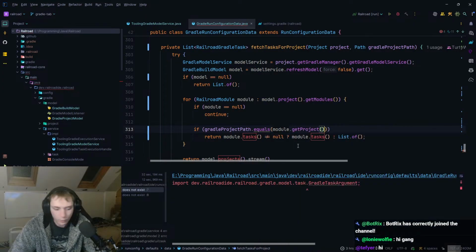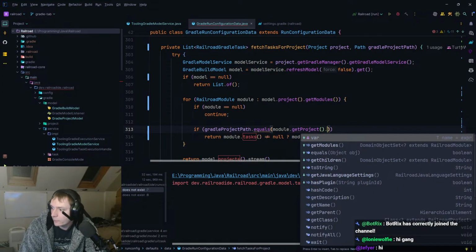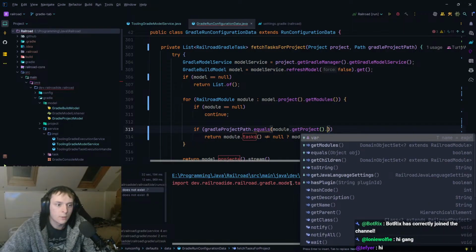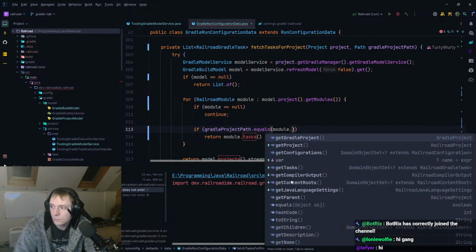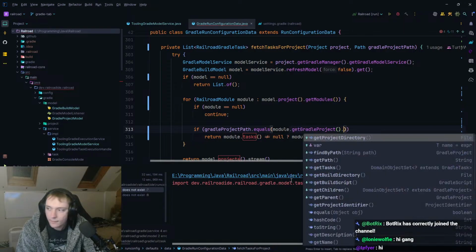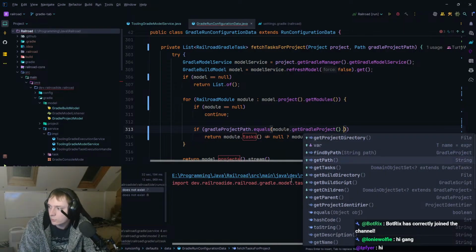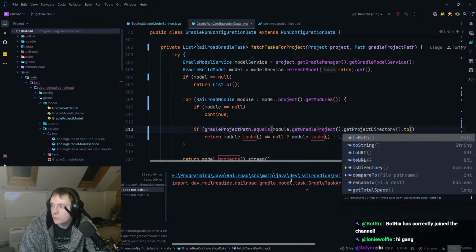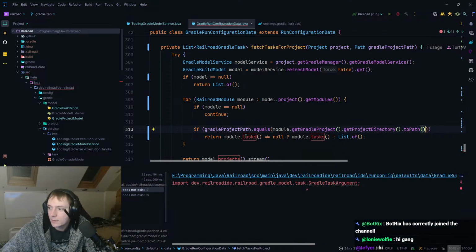We can do get project, and then I think we can get the path from the project. No. Okay, in that case, we'll have to do get project directory dot to path, which isn't ideal, but that will